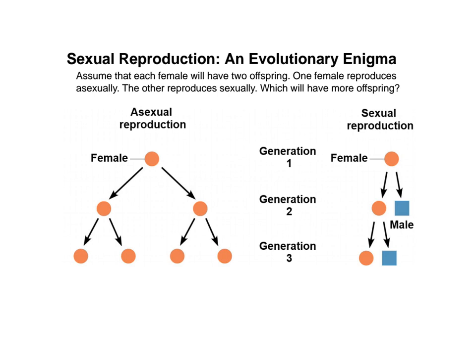Now, by the third generation, though, a difference starts to arise. Each female can give rise to two more females, so now you have four individuals. For the sexual reproduction, though, you'll see that only the female is able to give rise to any offspring, because males can't directly generate offspring. They need the help of a female. And so males, in a sense, are kind of useless. They're not actually contributing much. And so you can see